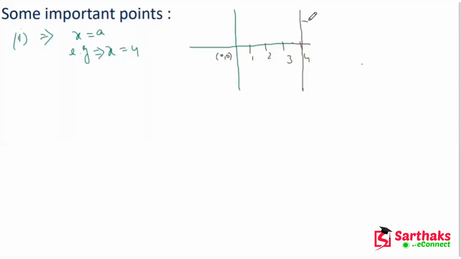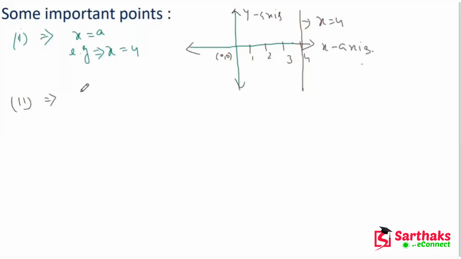This is a line which is parallel to the y axis, x is equal to 4. Okay, this is our y axis and this is our x axis. Now the second point is that the graph of y is equal to b is a straight line